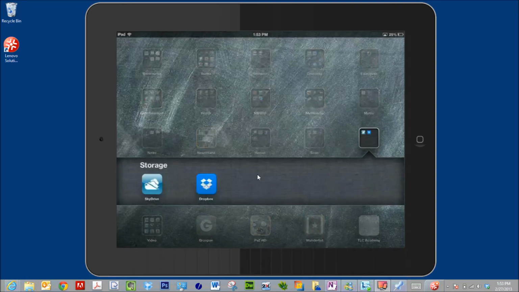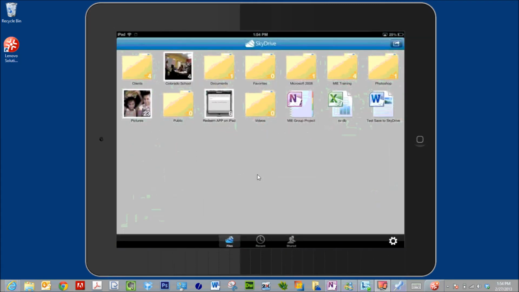Now that you have SkyDrive on your iPad, you want to browse to the app icon, and you're going to tap it once. And what's going to happen now is, after you've created your account and you've entered it into your SkyDrive app, it's going to show a list of all the folders that are available on your SkyDrive. Now these folders are created within SkyDrive